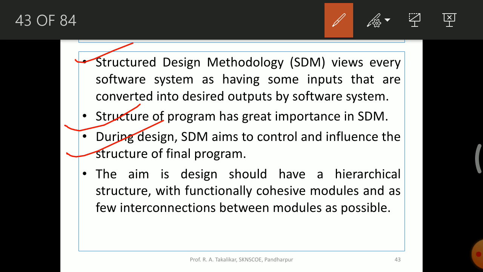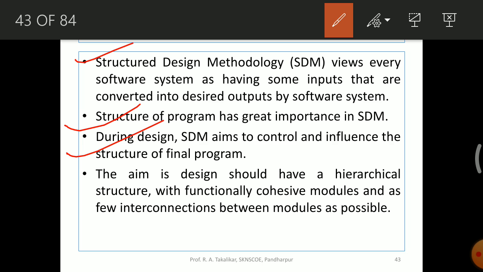So during design, the aim of the SDM is to control and influence the structure of the final program. Means once this SDM, structured design methodology, is applied, at the end you will have a final program in your hand whose structure will be influenced by this SDM.